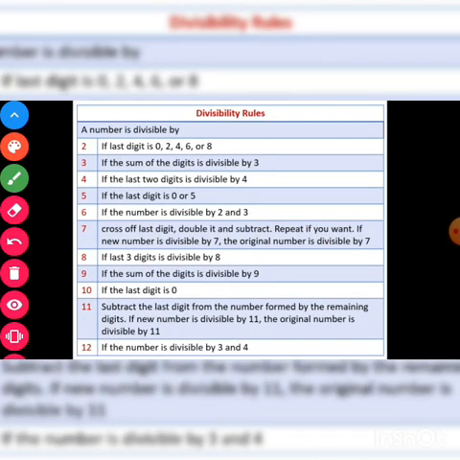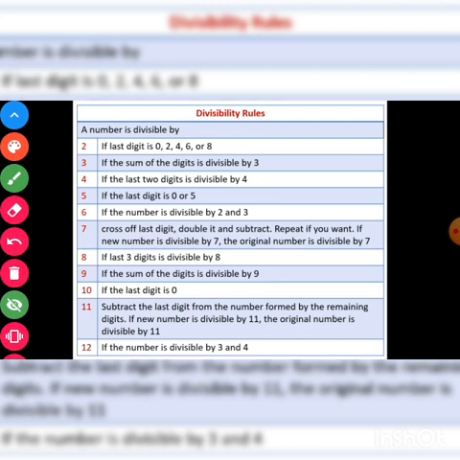Now the next topic we are going to study is the divisibility test. How to check the divisibility of a number? If you see a number, and by seeing the number only, how can you tell that the number is divisible by 2, 3 or some particular number? How to find out? So let's begin with the divisibility test of 2.